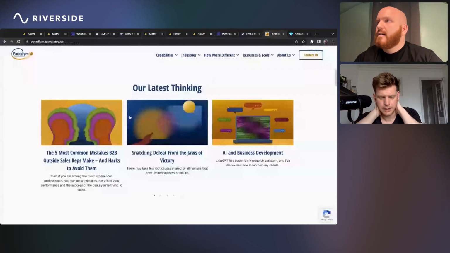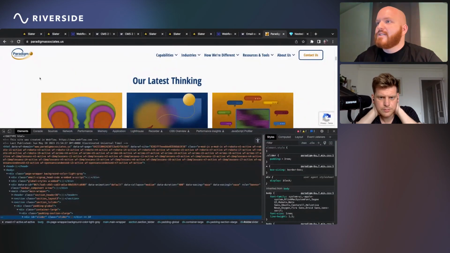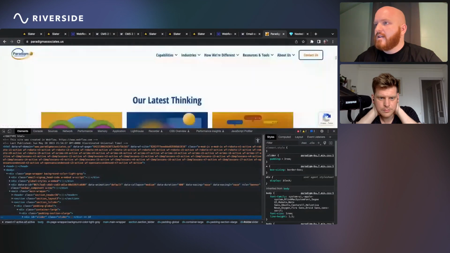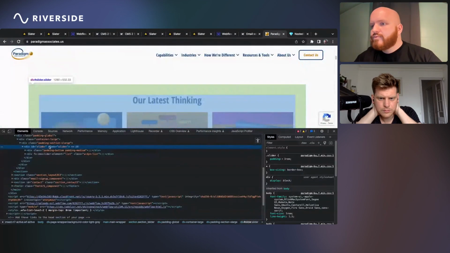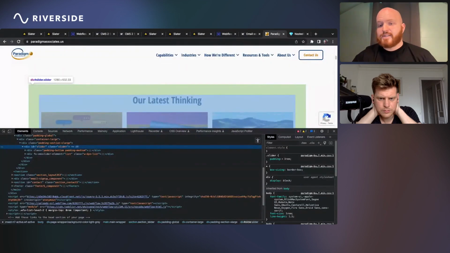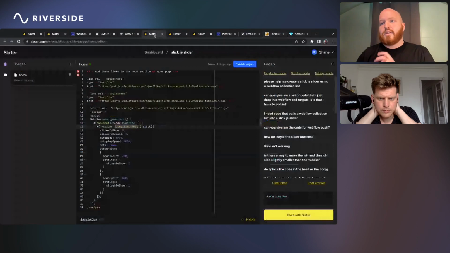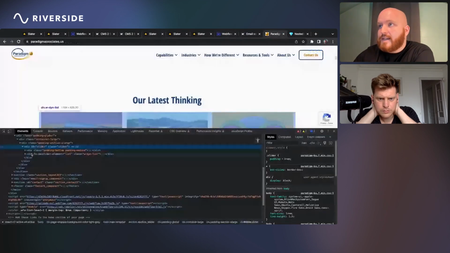Yes. Okay, I probably changed that in the actual project, but let's see what's going on here. All right, cool. So in the project itself, all I did was create a div with the class of slider and then the ID of slider. Now the ID is the only thing that matters for this specific one.